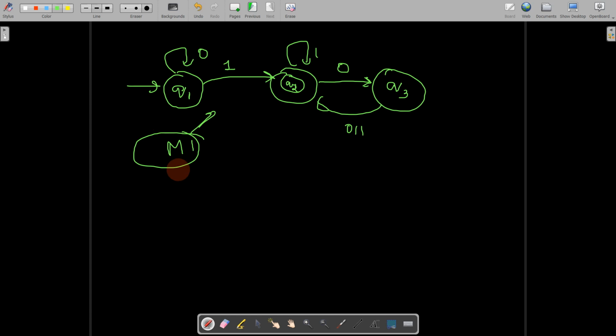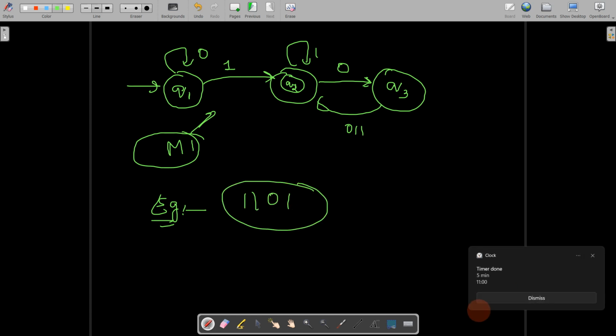The state Q2 with two circles represents an accept state. Accept state means that the input was a valid input. It will give an output true or accepted. We will see an example of what a not accepted or rejected input means. Suppose we give an input of